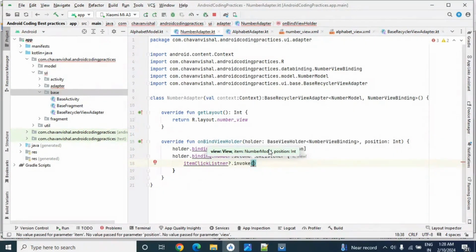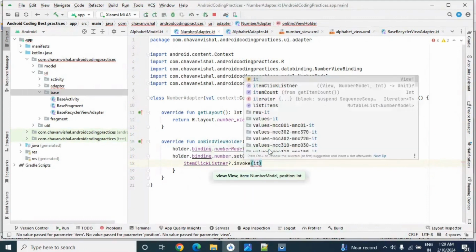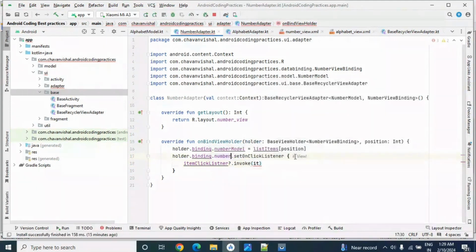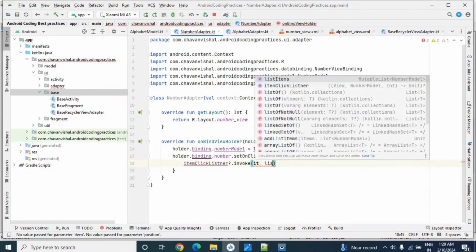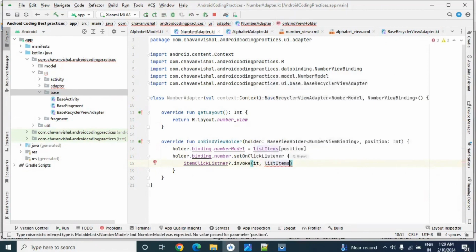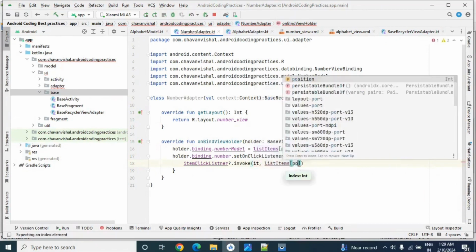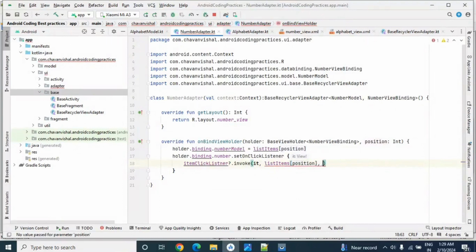The first parameter is our view, which is it, because here it means our view. Then the second parameter is our model, listItems of position, and the third parameter we will pass is the position. Right now we are done with this.